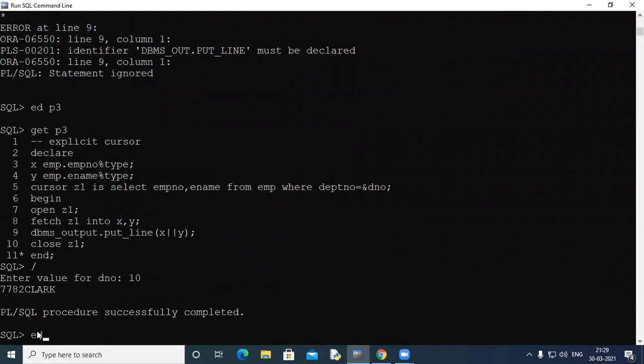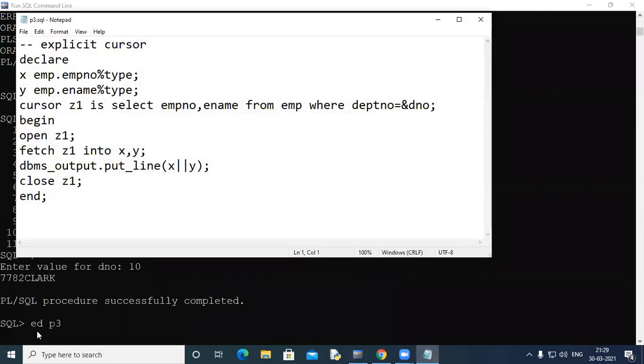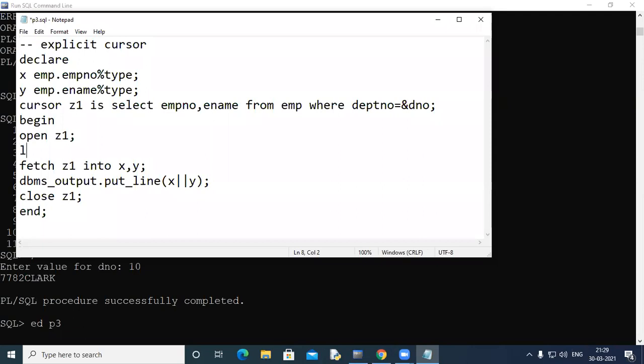So just understand this thing very clearly. When you're writing fetch, it will work simply. It will just fetch the first row where the cursor is. The cursor pointer Z1 is pointing to the first row. You just fetch that, so it would be picked up and displayed. Okay. Now the loop should be required when you need to process all the rows from the cursor. We would not be interested in only processing a few rows. So we would be interested in this loop and then an end loop here.